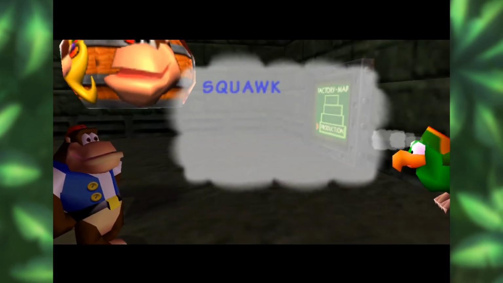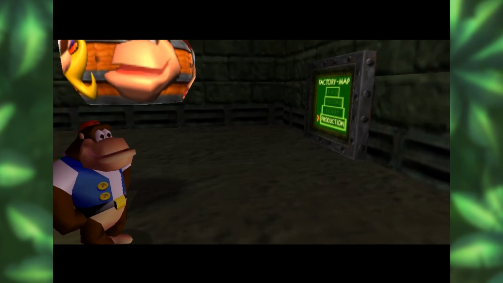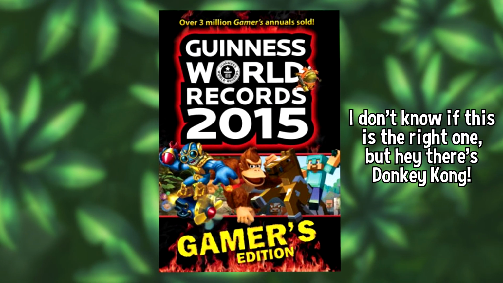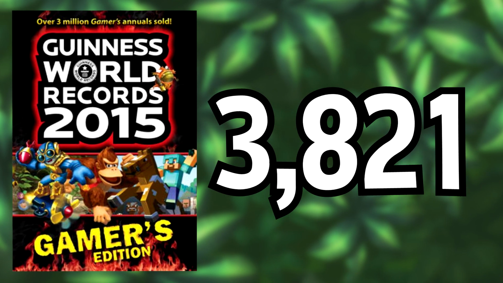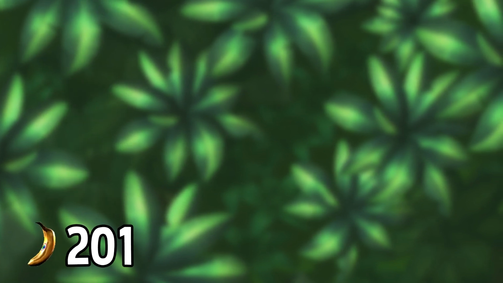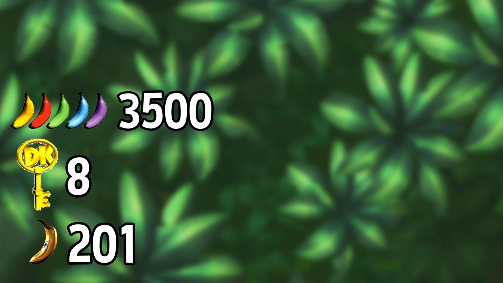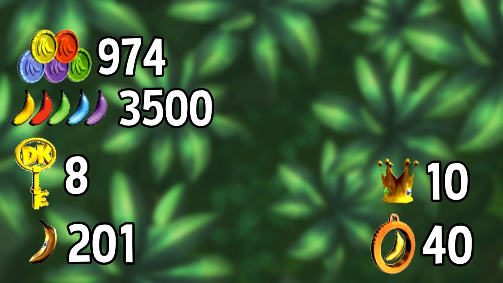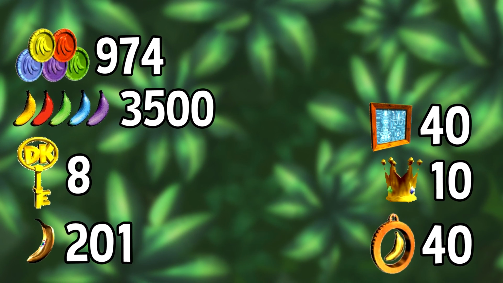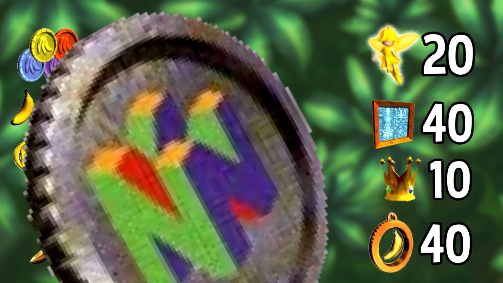Speaking of which, there's one thing about Donkey Kong 64 that set it apart from its predecessors: the staggering amount of collectibles. How many? Well, if you check the Gamer edition of Guinness World Record books, you'll see that it's exactly 3,821, which is wrong. If you truly want everything, you'll have 201 golden bananas, 8 boss keys, 3,500 colored bananas, 974 banana coins, 40 banana medals, 10 battle crowns, 40 blueprints, 20 banana fairies, 1 Nintendo coin, and 1 Rareware coin, adding to a total of